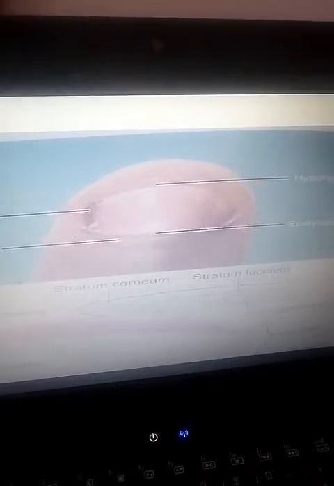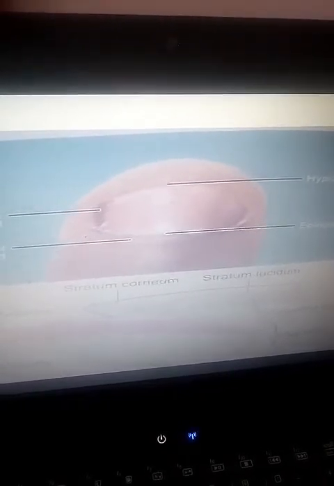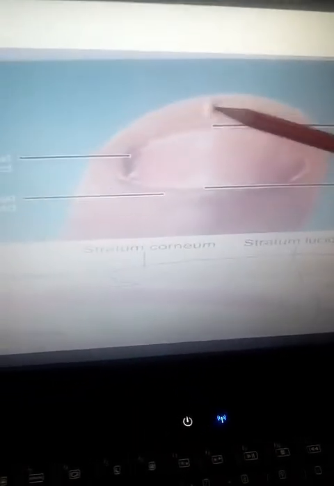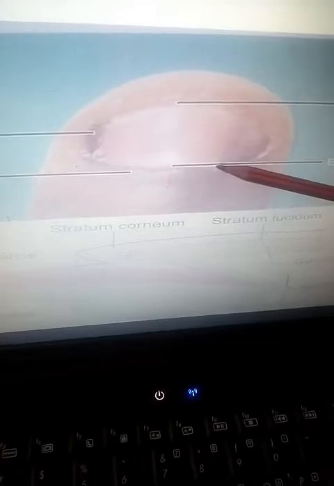Now subsequently, the thickening migrates from the tip of the digit on the dorsal aspect and is surrounded by the, तो यहाँ से पहले अराइज हो गया प्राइमरी नेल फील्ड और ये पीछे पीछे चला गया, on the dorsal aspect of each digit. तो जब ये पीछे चला गया, it became surrounded by the two lateral nail folds and one proximal nail fold. So these are known as the lateral nail fold and this is the proximal nail fold.